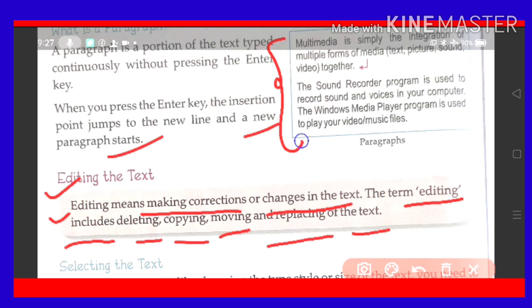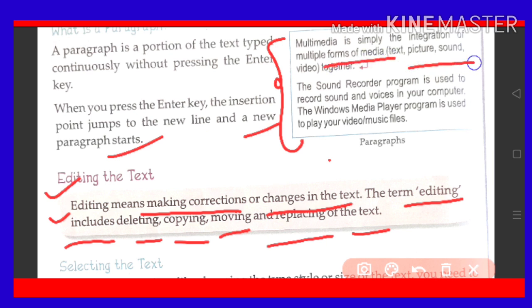Here within this box, multimedia is simply the integration of multiple forms of media: text, picture, sound, video. Multimedia also came in the previous lesson. Okay, there was a lot of discussion about what is multimedia and what is multimedia software.